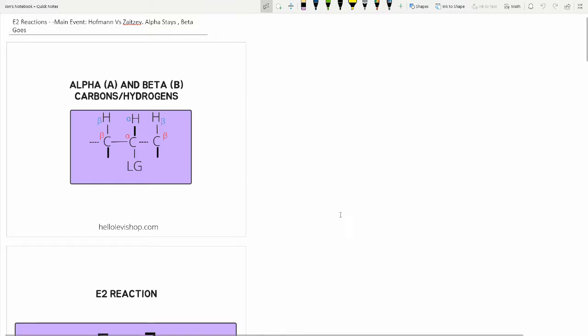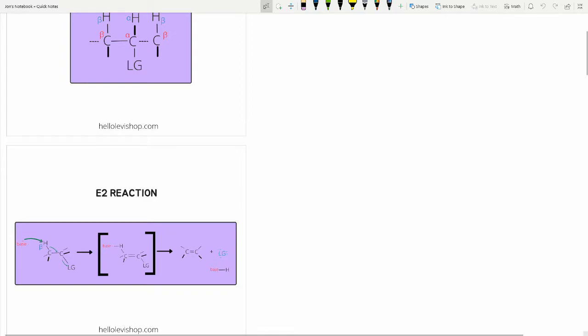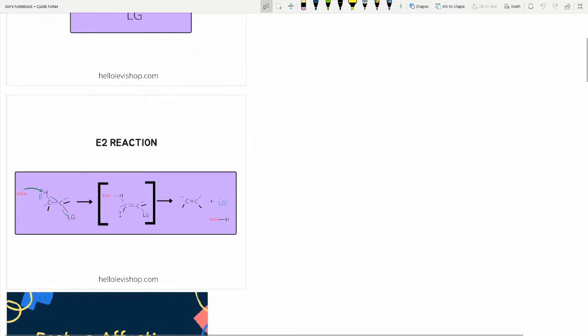Notice that there can be more than one beta hydrogen: one to the left of the alpha carbon, as well as one to the right of the alpha carbon. This will play a role a little bit later. Now this right here is what a general E2 reaction looks like. In the elimination reaction, a beta hydrogen is removed together with a leaving group, which then forms a double bond. As you can see right here, the base takes away the beta hydrogen, forms a double bond, and then